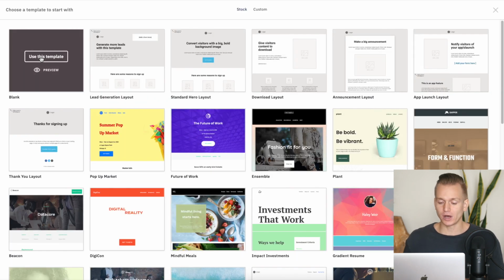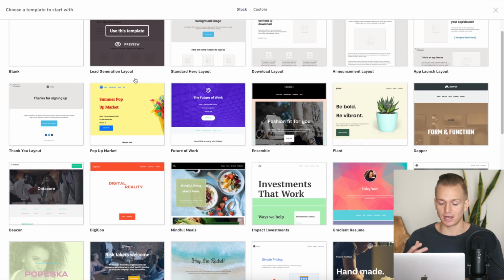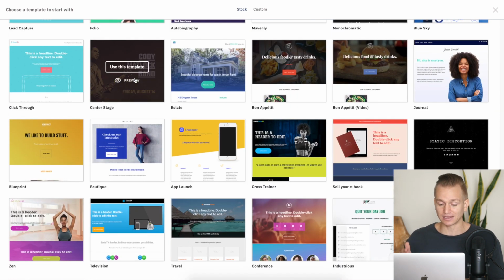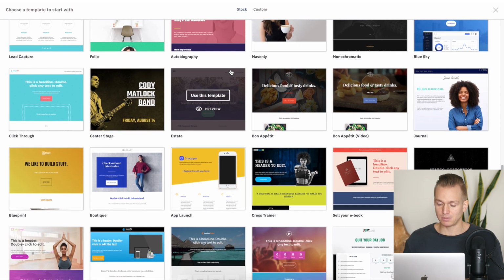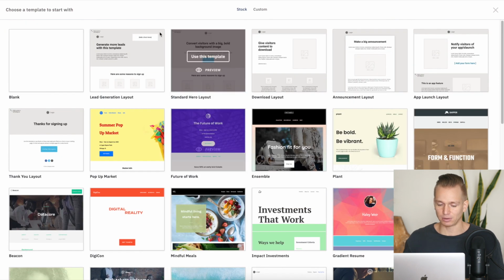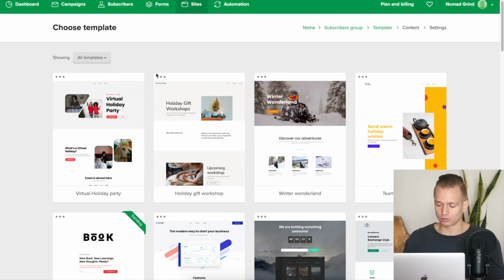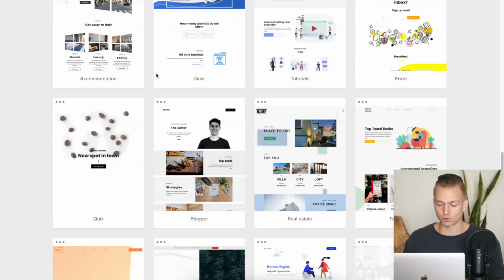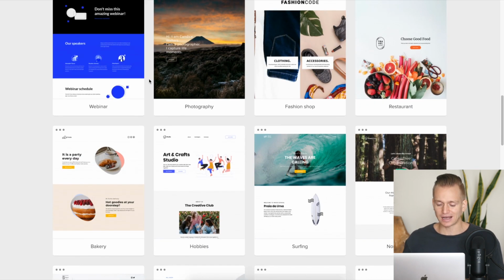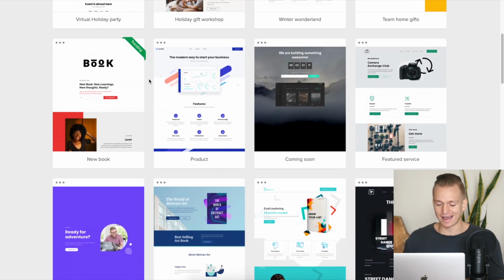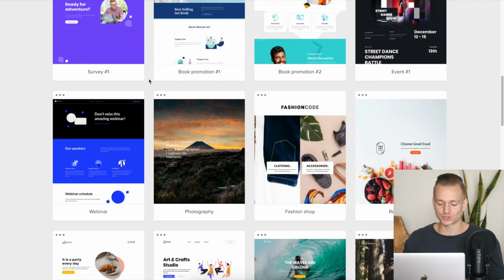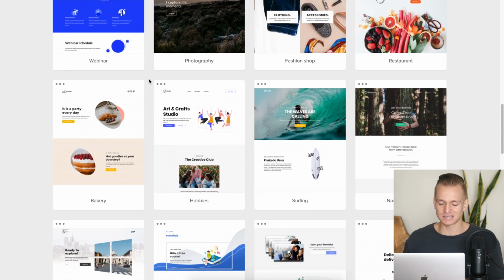Also, just to mention, when it comes to templates, both of the platforms do have templates. ActiveCampaign has around maybe 30 different templates or so, and MailerLite has a few more. Well, actually 38, so around the same number. But I would say definitely that the templates on MailerLite look better. I do prefer those over ActiveCampaign. They just have a nicer, more modern looking design.